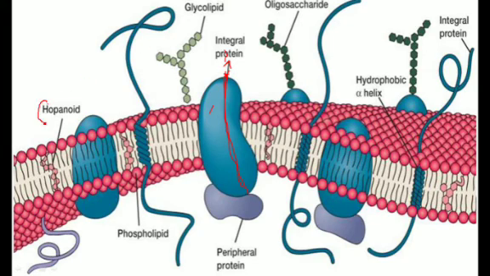This is the hopanoid, meaning it's a cholesterol-like material. This is an integral protein. This is also an integral protein, a thread-like protein. Its structure changes here, but it's also called an integral protein. This is a glycolipid, meaning it makes a chain with the glyco, meaning carbohydrate. That's why it's called a glycolipid. Oligosaccharides and glycolipids, these two structures are very important here.